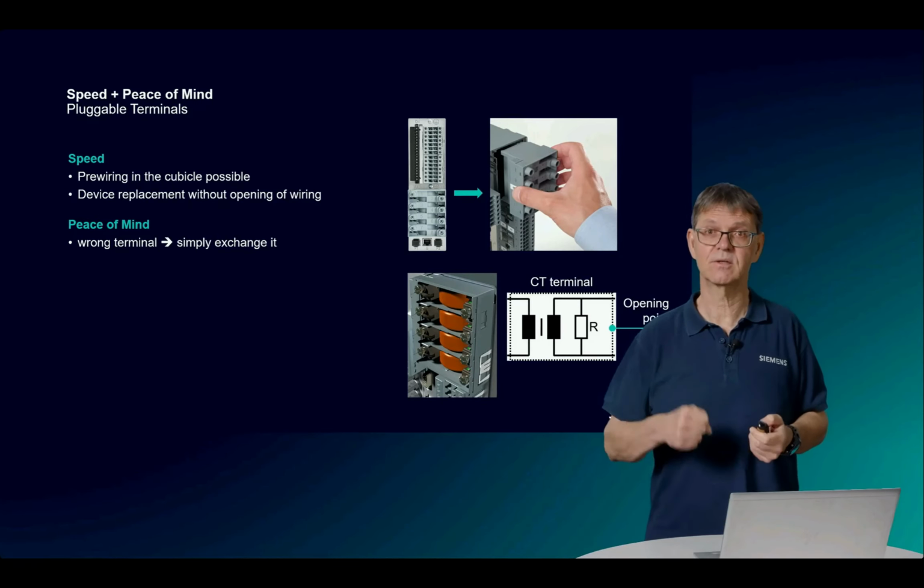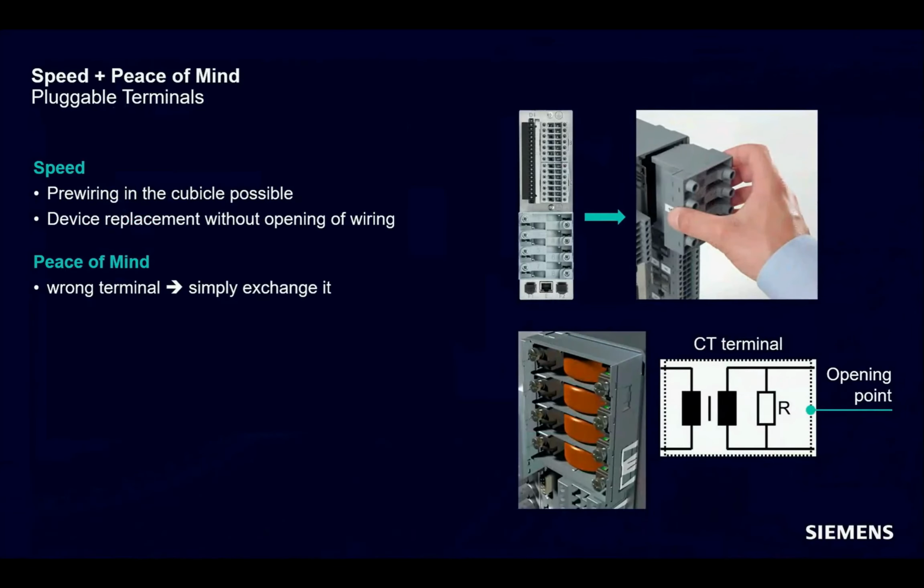Why can we extract the current terminals? Because the current transformers are in these plastic terminals, in these cubicles, let's say, as you can see here. And the trick now is that we open, you see here on the right-hand side, the opening point. What we open is a voltage connection to the PCB, to the board in the relay. We do not open the secondary of the